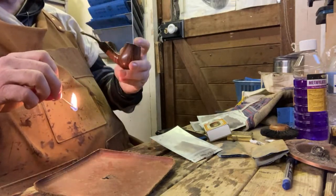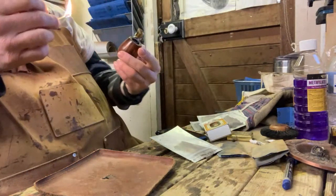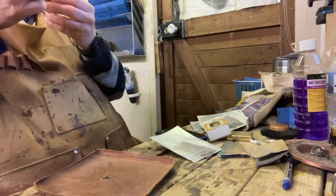Okay, Orly Golden Slice 2009 in my LCS bent billiard. Well, bent, not exactly a billiard, but